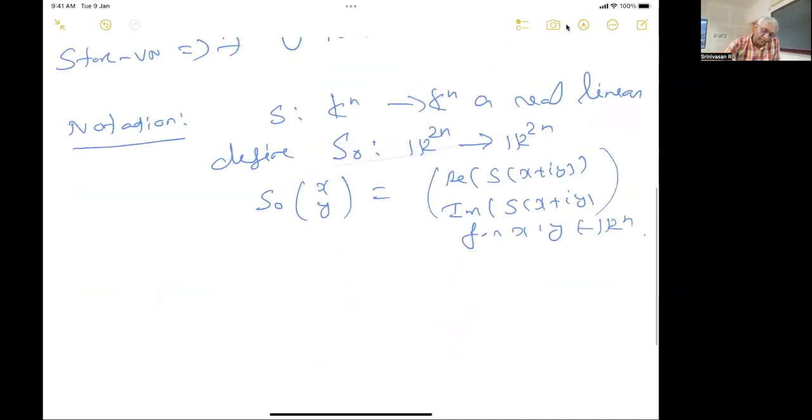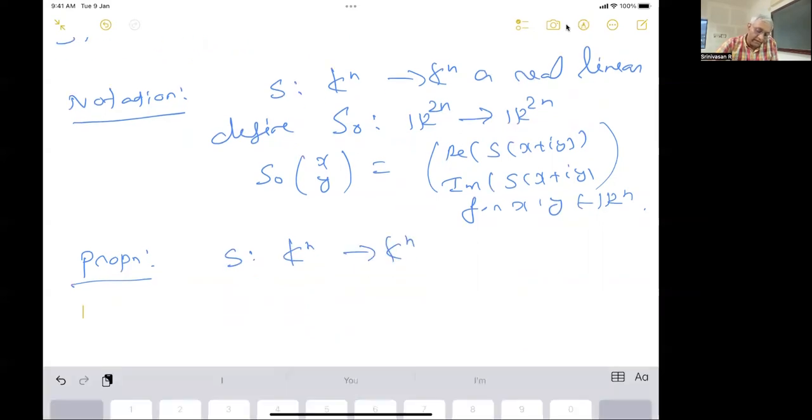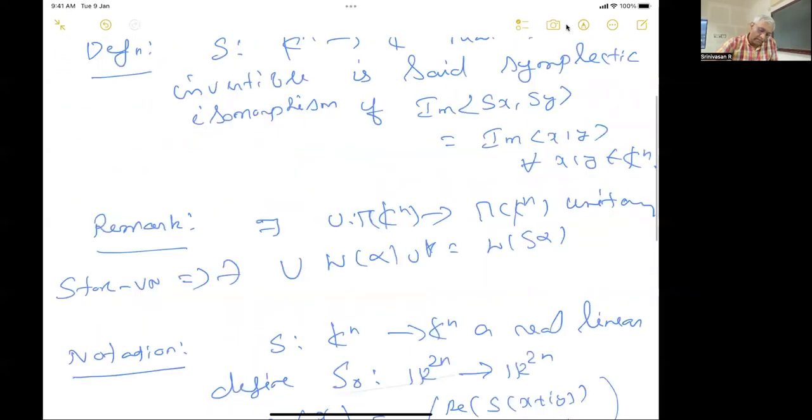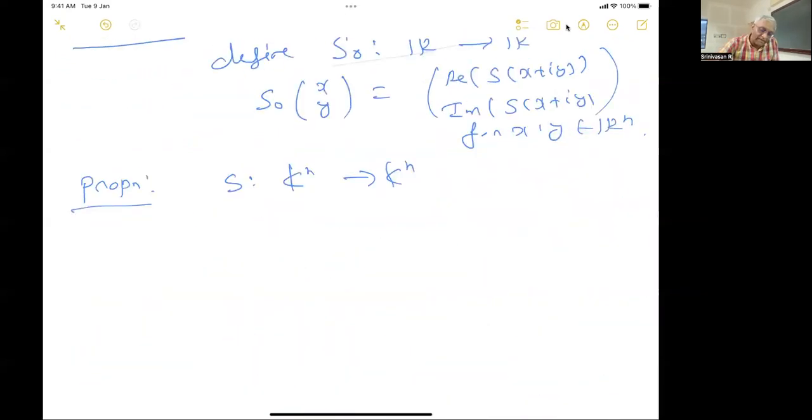Now the proposition. This is something we want to write, that symplectic relation: the imaginary part is preserved, in terms of this S naught. So S from Cn to Cn, where we always consider real linear and invertible when I don't say otherwise, is symplectic if and only if